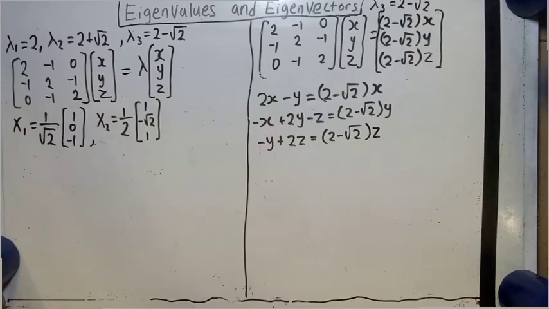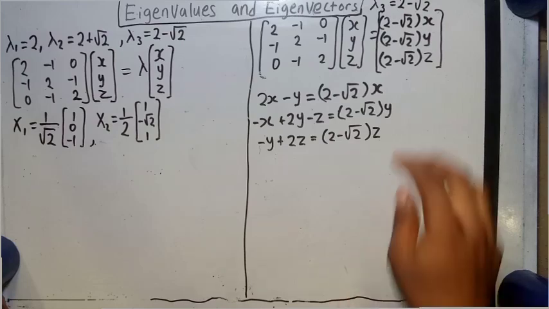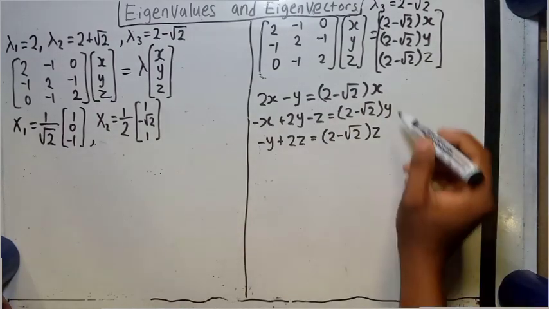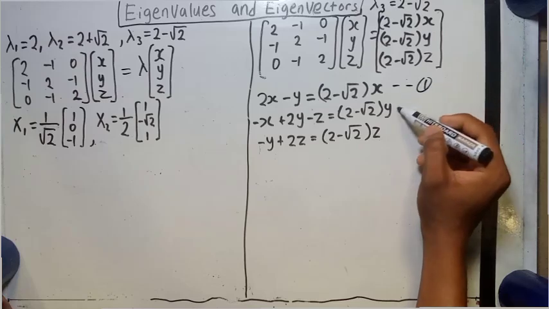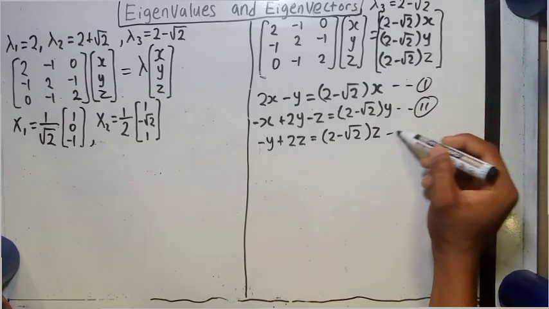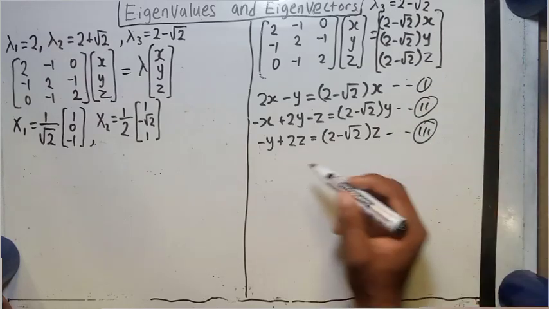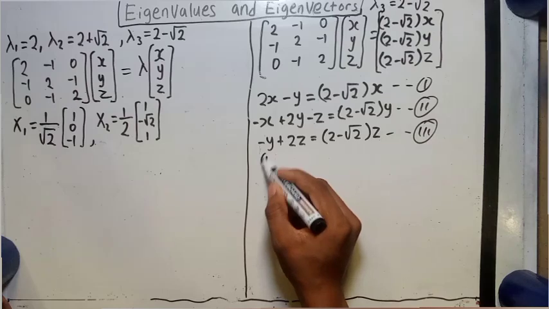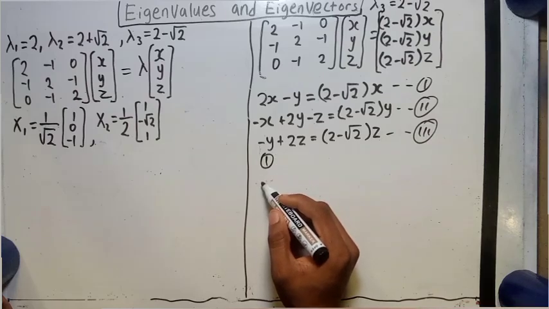Okay, now we have done the majority of the work. Now it's just simplifying, expressing one term in terms of the other. We'll be doing this for the first one. For the first one, we have that